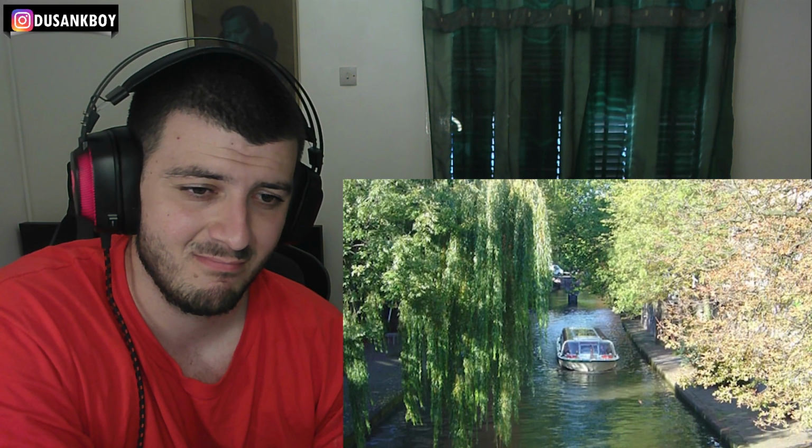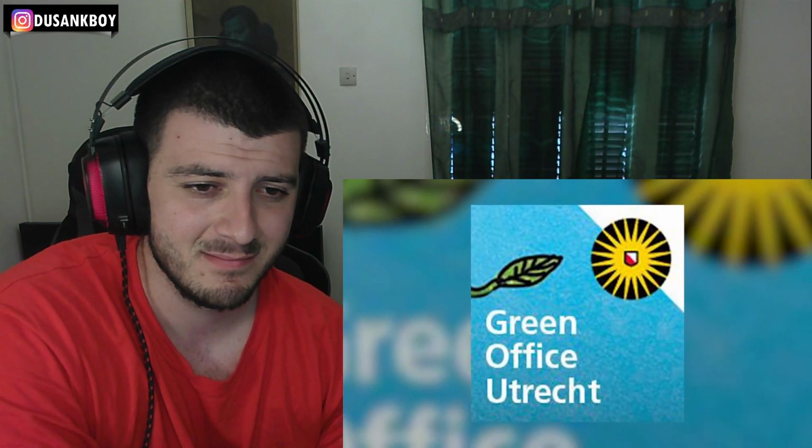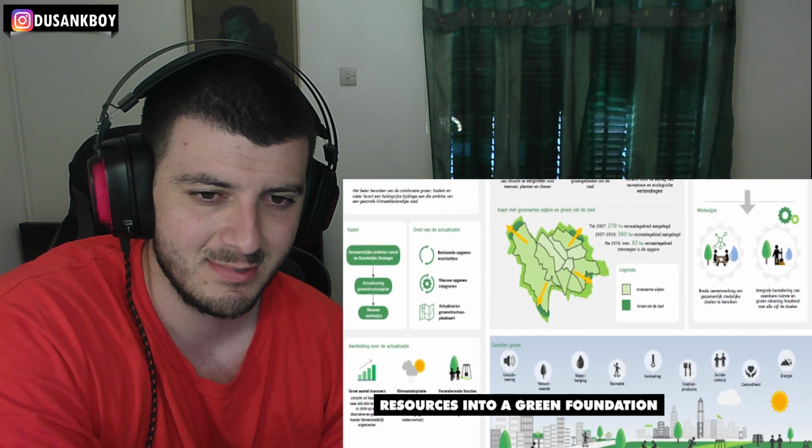This day was significant in Utrecht's history, since it marked the day the canal was opened. Utrecht is a splendid illustration of how putting resources into a green foundation can create a large